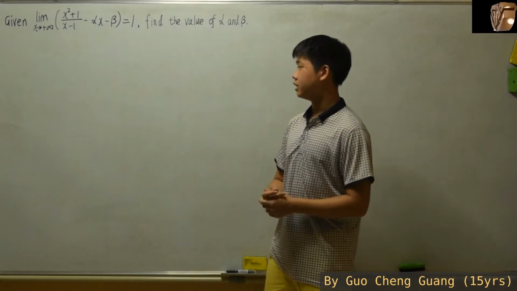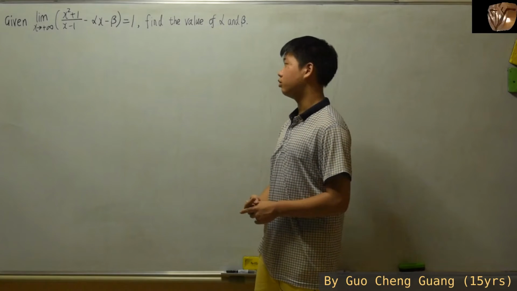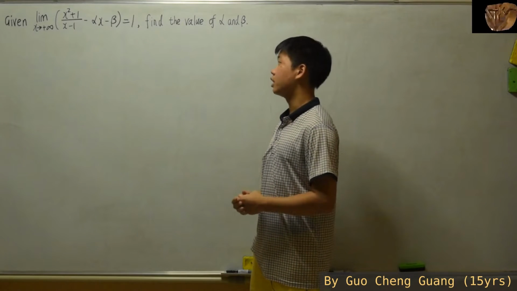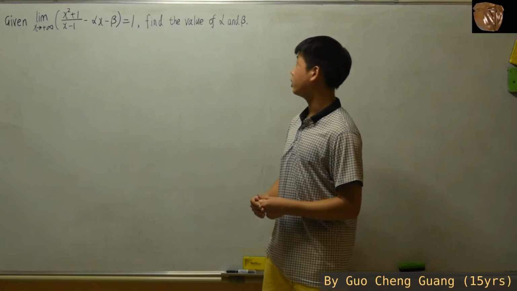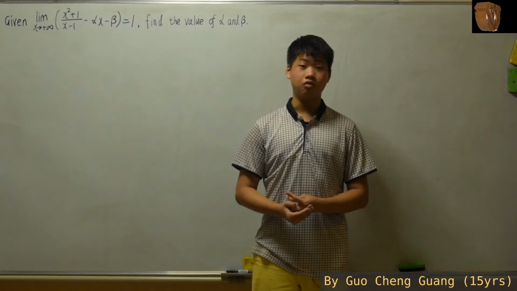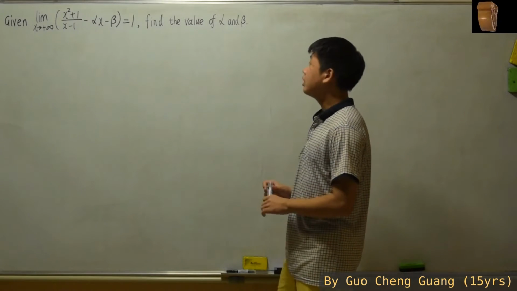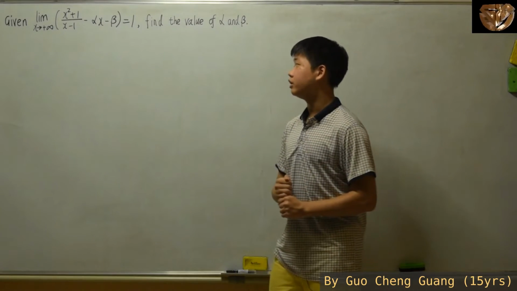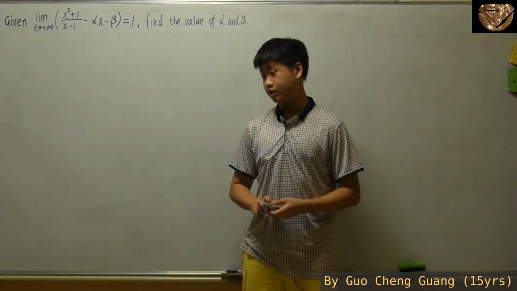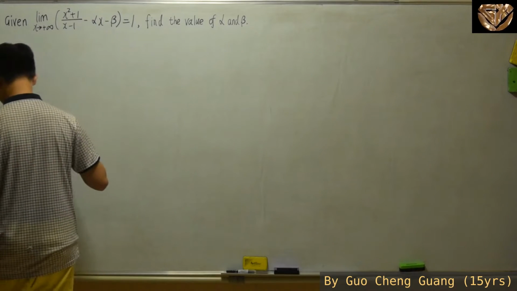So we're given that the limit as x approaches positive infinity of (x squared plus 1 over x minus 1), then minus alpha x minus beta, is equal to 1. So of course we will need to find the value of alpha and beta. Okay, so in order to find these two values, we are going to split them into three separate methods to solve, alright? So in our first method,